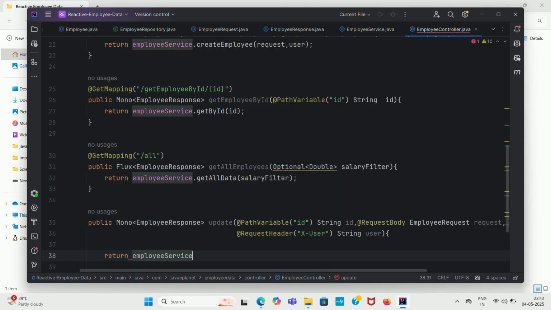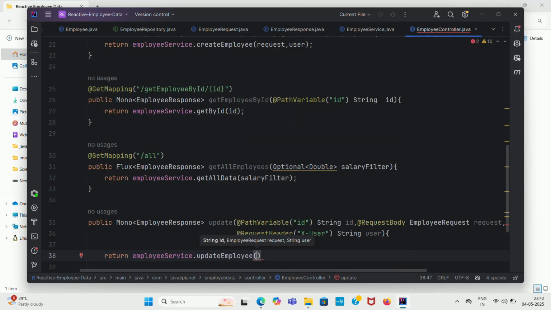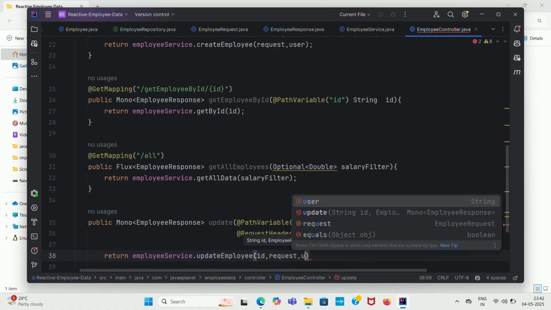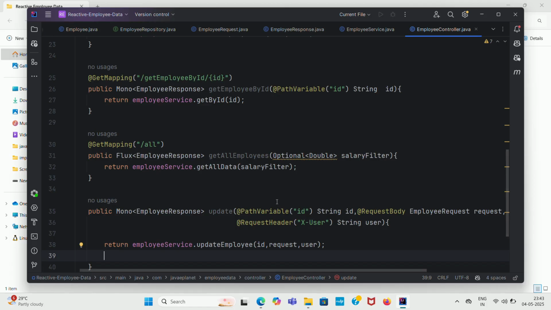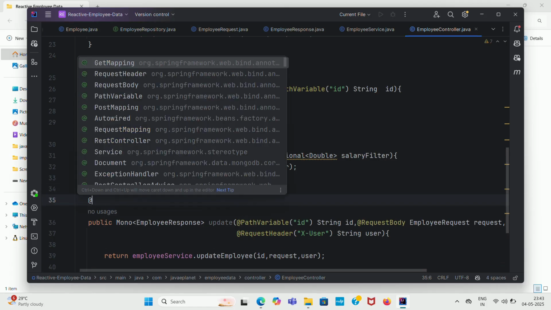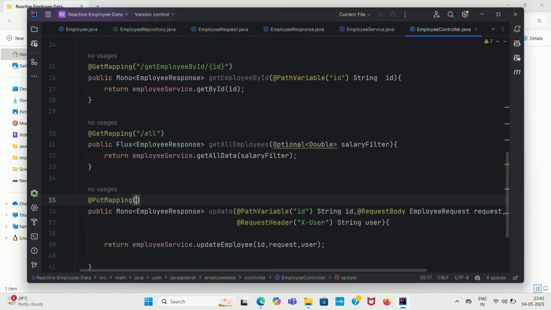Return id, request, user. Okay, just simply @PutMapping slash